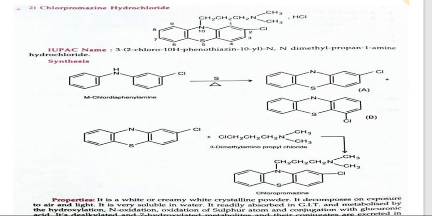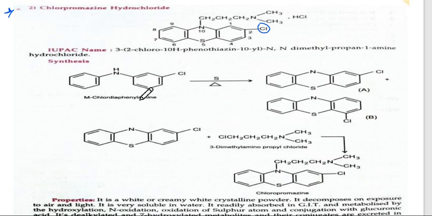The second drug we have, which is very important, is chlorpromazine, and we also have to study the synthesis of chlorpromazine hydrochloride. So this is the structure of chlorpromazine hydrochloride. At the N10 substitution we have the same as the previous one, that is N-propyl and NCH3CH3 hydrochloride. At the second position we have the chloride, that is the difference. All right, and now how to synthesize it?